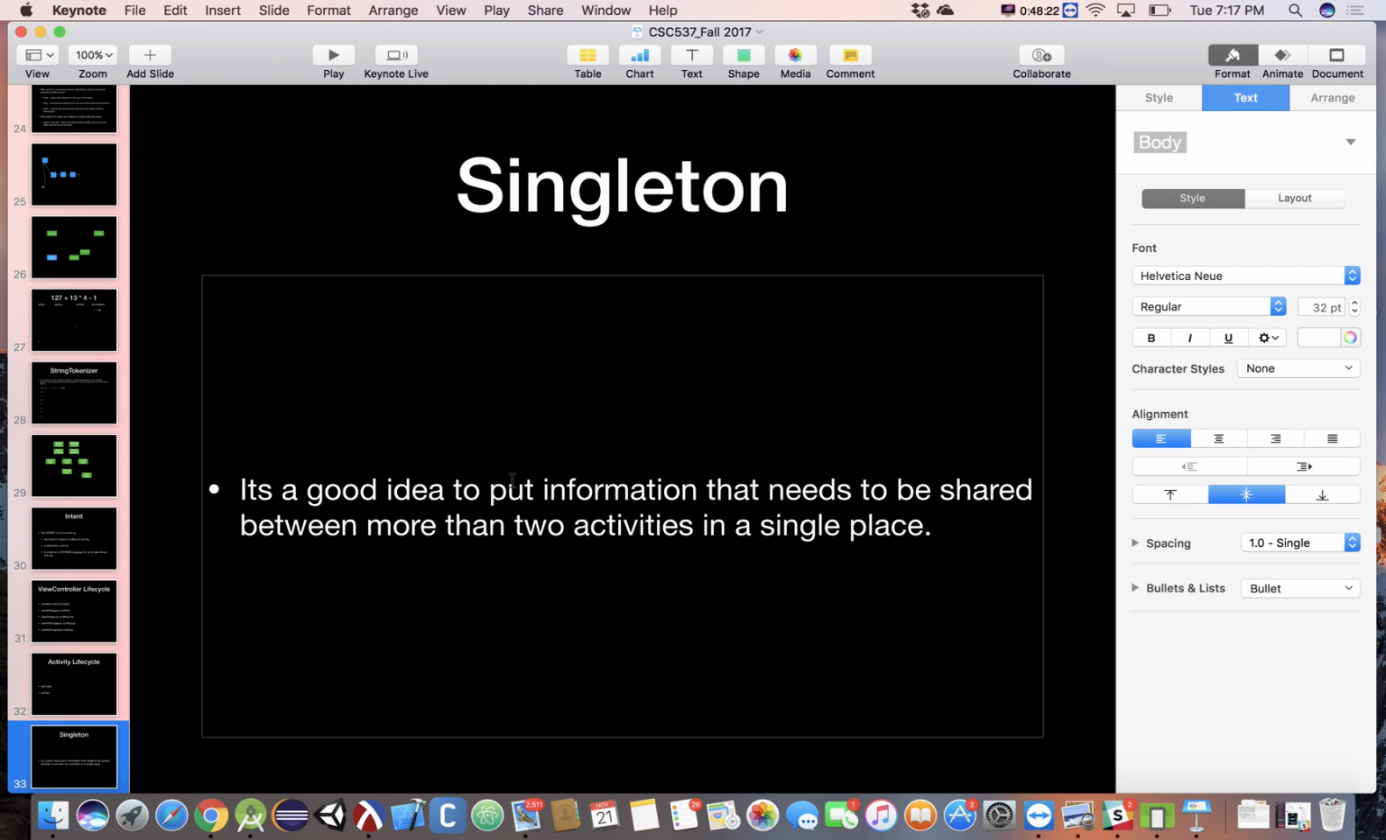Because if we come back here, notice I've said it needs to be shared between more than 2 activities. You could say more than 1 activity. You could also say maybe more than 5 activities. It's like, at what point? A few minutes ago I mentioned this idea of extras, right? I'm going to show you that here in a second. But this idea of extras kind of says,